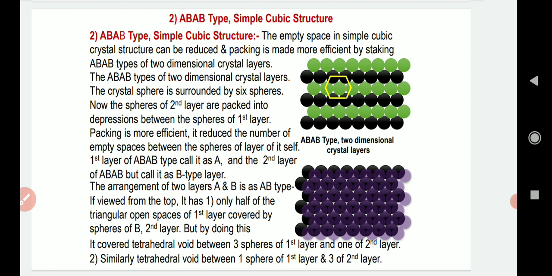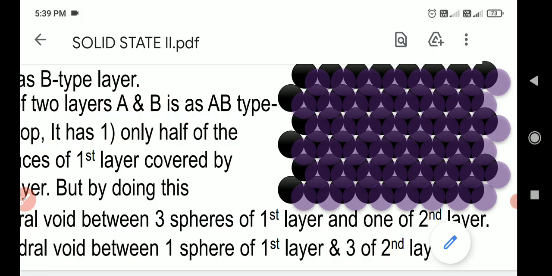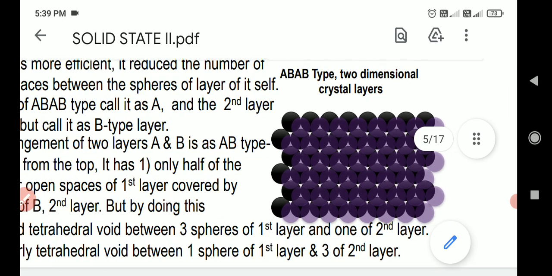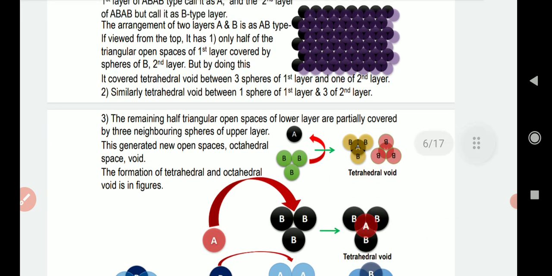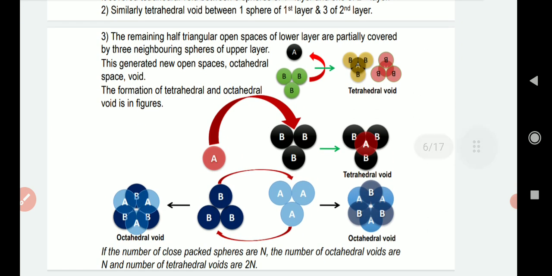Now when we want to convert this arrangement into 3 dimensions, you can see here that the third layer can be arranged by 2 methods. In the first method, now consider these BB spheres. Now we have to arrange one above the other. The BB layer that you see is planar. They are on a plane. You can take 3 balls and place them on the table. Now when we arrange the fourth ball A, it can be arranged in 2 ways.